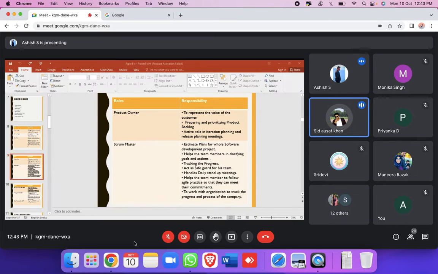So a product owner can be of 2 types. One is the real owner, and the second is the product owner who is in the company and behaves like an owner, deciding the acceptance of that product. Very good. There are 2 types of product owners. The real product owner is the one who comes as a client or, as I said, the stakeholder. He might be the product owner.